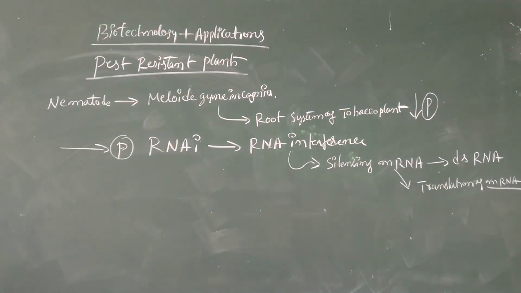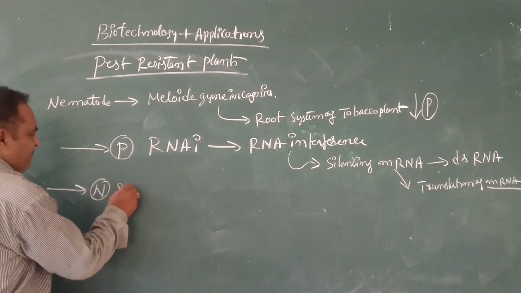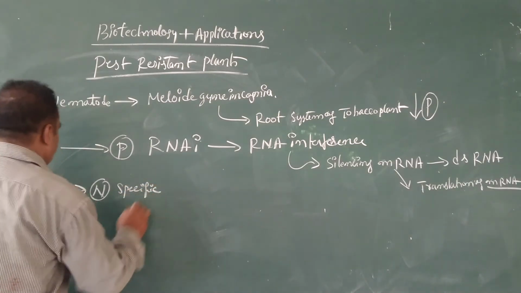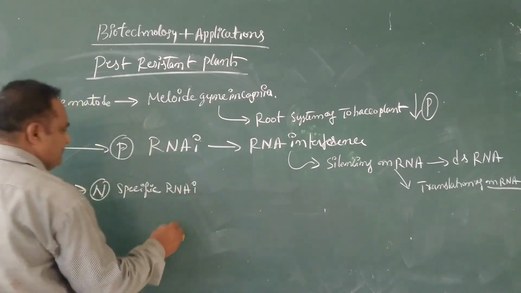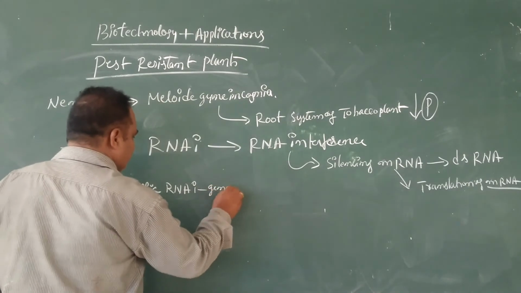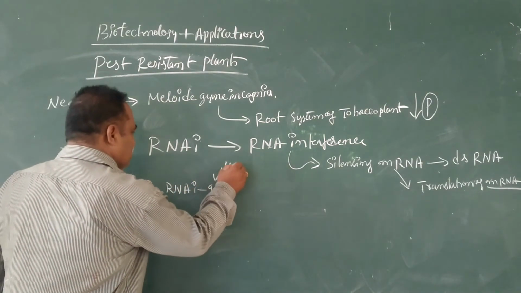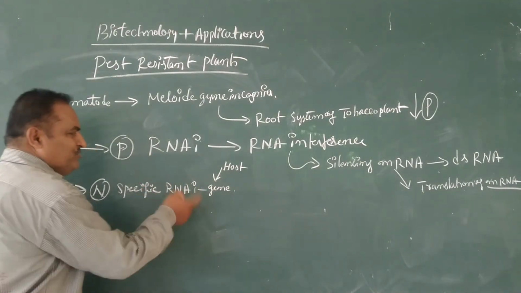Usually, a nematode specific RNAi producing gene is extracted from the host cell. That RNAi producing gene is